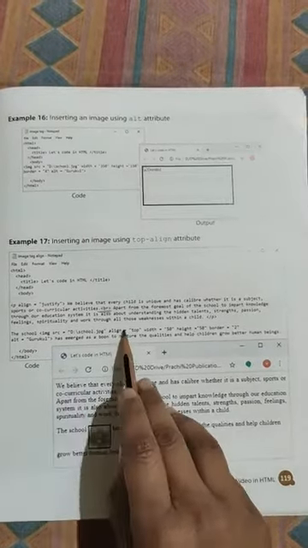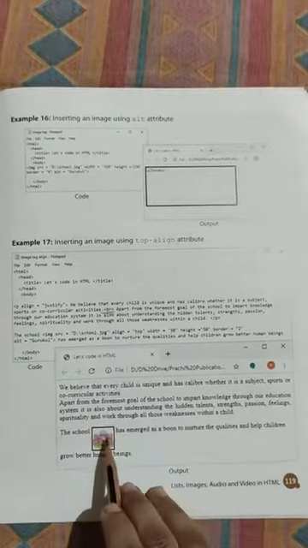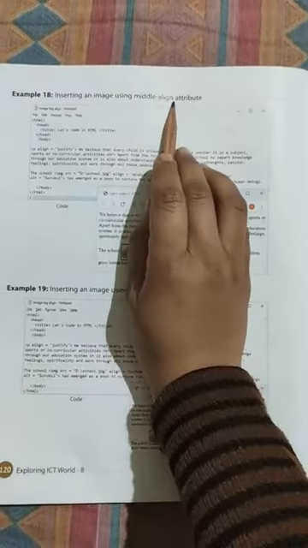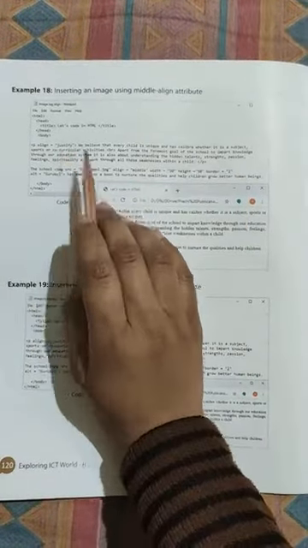Then break the line, then again a paragraph, and then the school, and then the image source. So we write here the source of the image, so the image comes, and then the output. Okay, got it? Now same here, this is the middle align attribute, so we are using the middle align attribute, and it